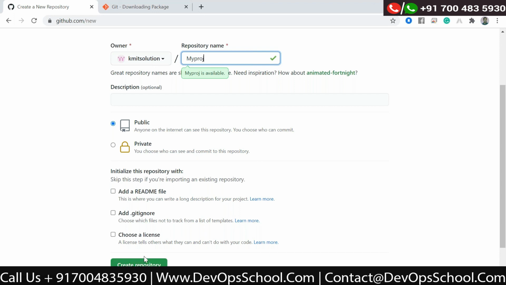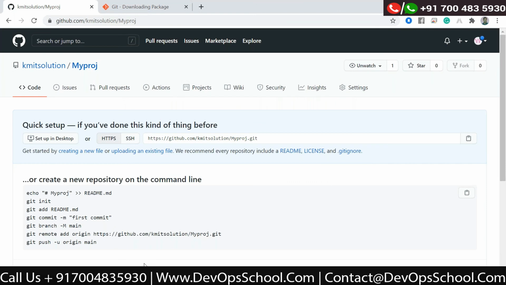I'm not adding any of these, and I'm creating a blank repository. Okay, so this empty repository gets created over here, and now we can add the files from our local repository, or we can directly create a file over here, and we can pull or push the changes from our system. That we will see in the next lecture.